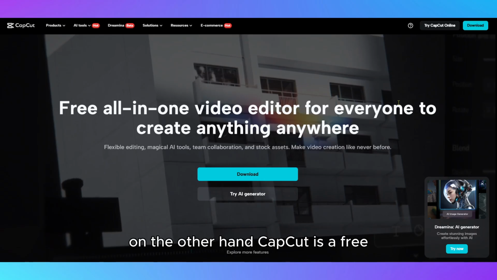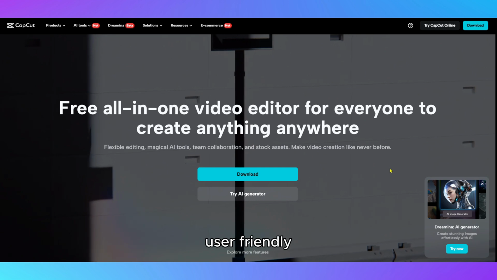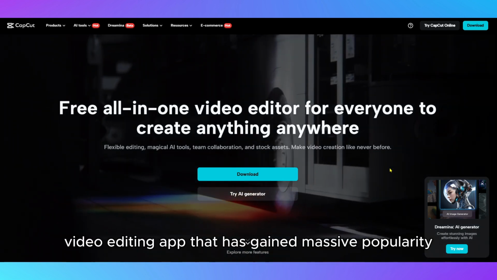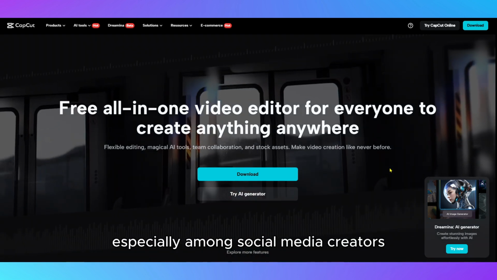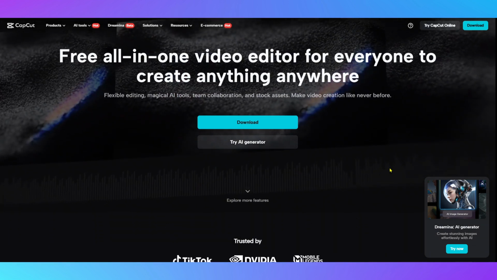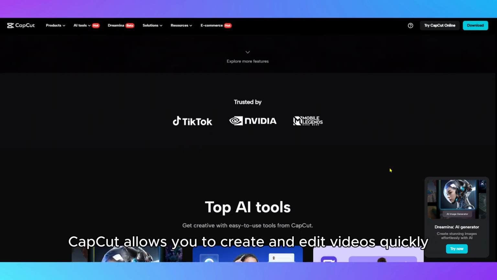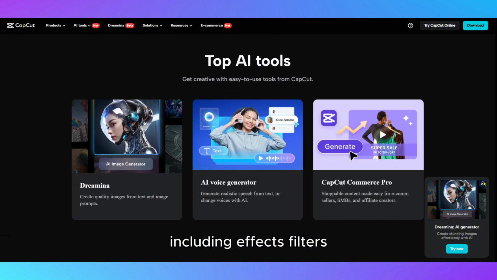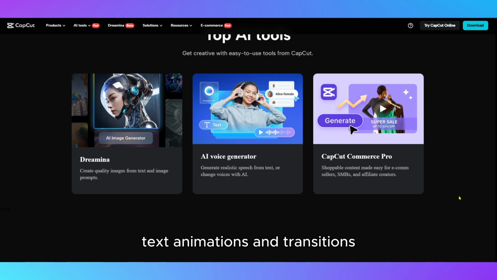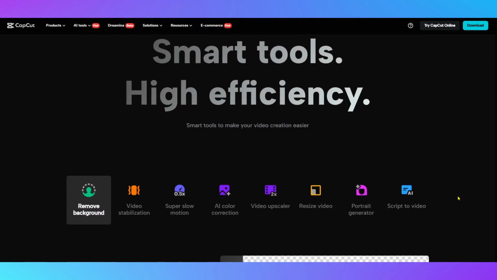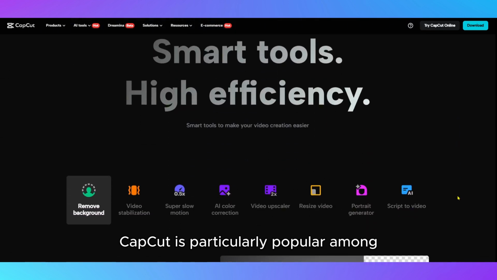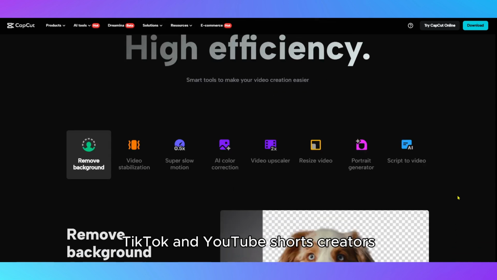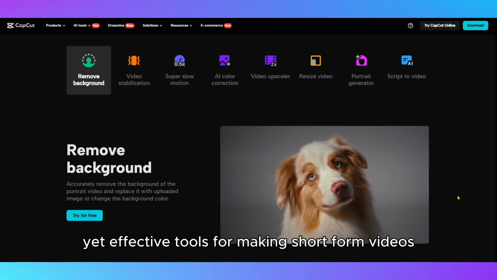On the other hand, CapCut is a free, user-friendly video editing app that has gained massive popularity, especially among social media creators. Known for its easy interface, CapCut allows you to create and edit videos quickly with a wide array of features, including effects, filters, text animations, and transitions. CapCut is particularly popular among TikTok and YouTube Shorts creators due to its simple yet effective tools for making short-form